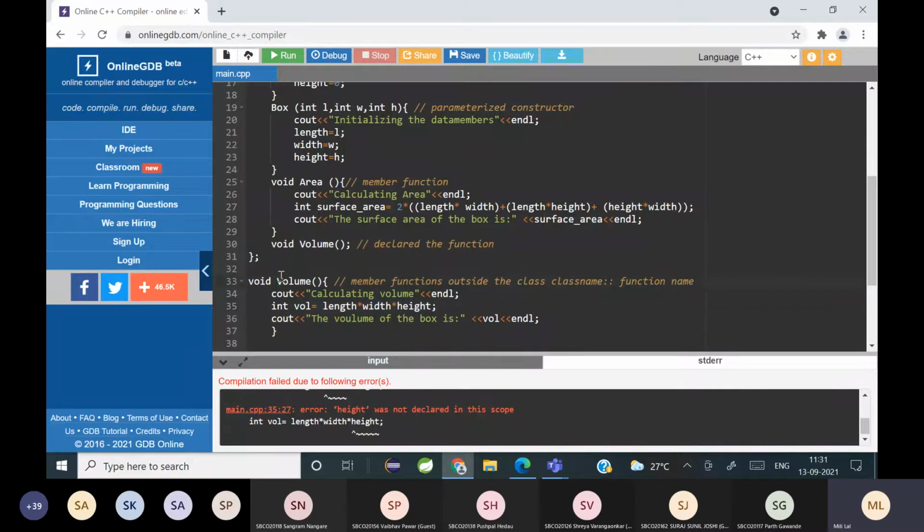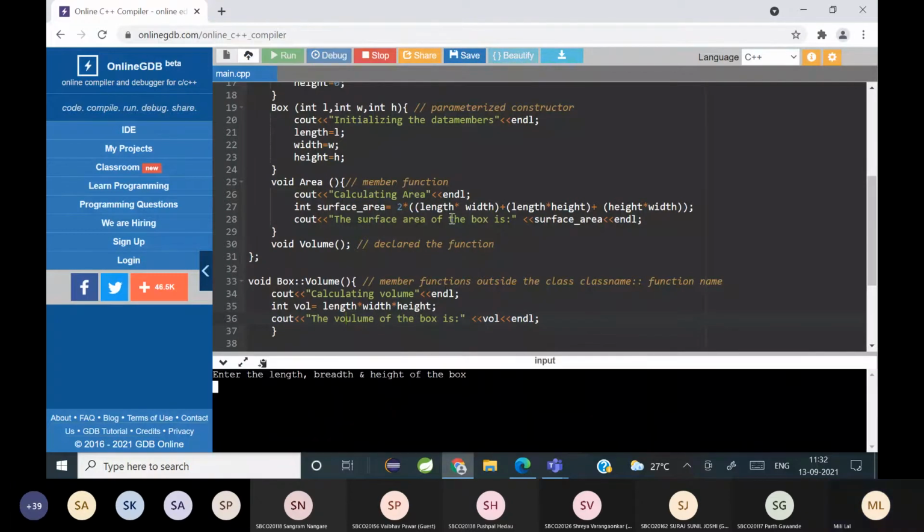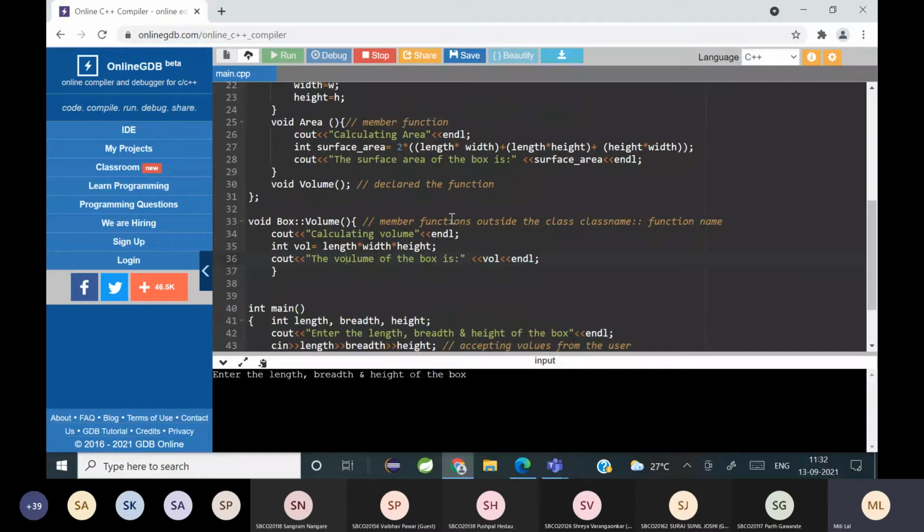But when I write box and a scope resolution operator, the compiler will understand this volume which I have written belongs to the class, and when it is a member of the class, it can access the private members of the class. So that's how it works. Is it clear? Have you understood? Yes, ma'am.